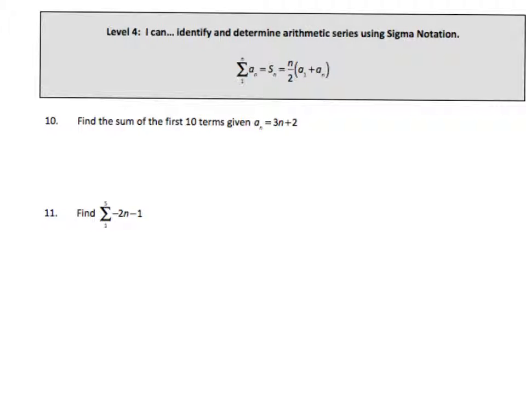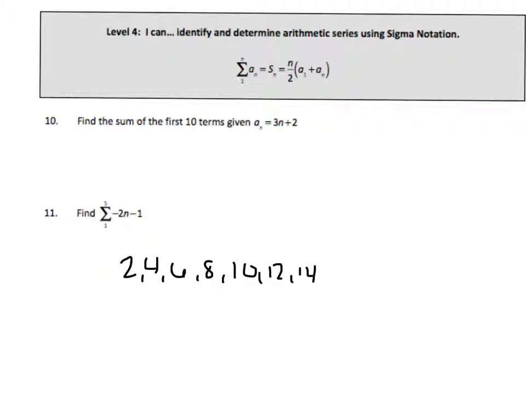Okay, so level 4s are identifying and determining arithmetic sequences in sigma notation. Sigma notation is the sum of a certain amount of terms. Like if we're given the first 10 terms, or I'm going to use 2, 4, 6, 8, 10, 12, 14, okay. If you're given those are the first 7 terms, and I want to find the sum of those 7 terms,